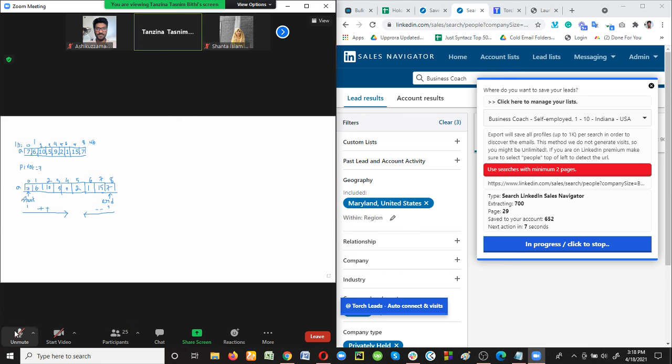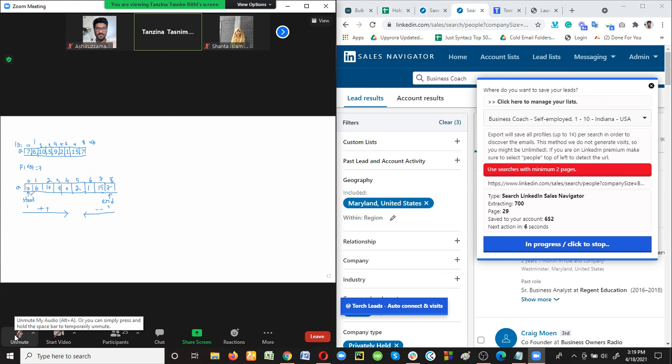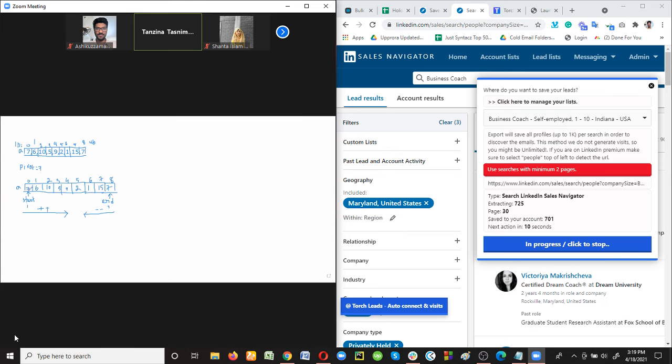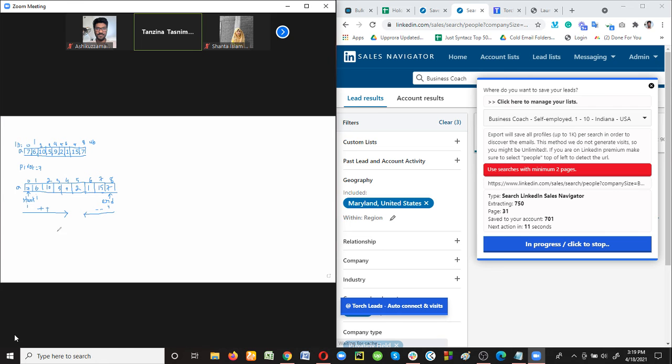This start pointer will be incremented as we move from left to right, if the value is less than or equal to the pivot element. Here we got an element exactly equal to the pivot element, so the pointer value should be incremented by 1, isn't it? Yes, ma'am.